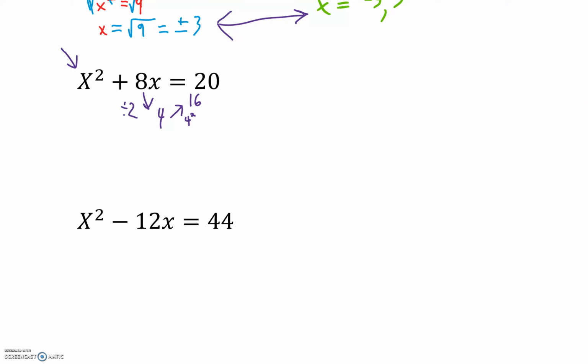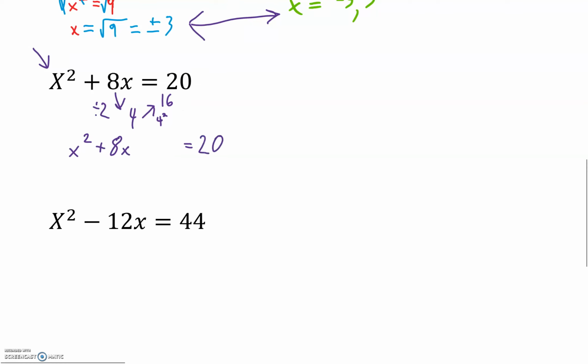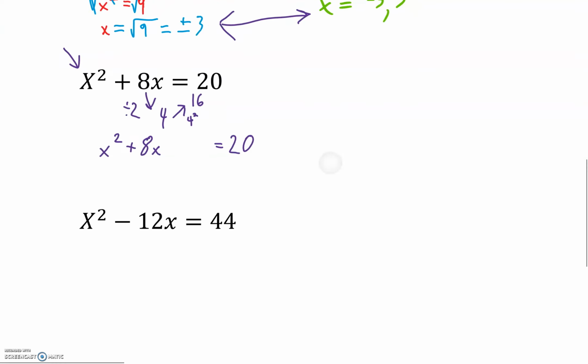Okay, so this is the number we want to add on both sides. So we're going to rewrite the question, but we're going to take the 16 and we're going to add it on both sides. Okay, now that we've done that, we can